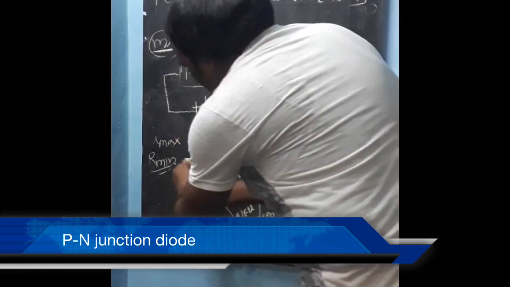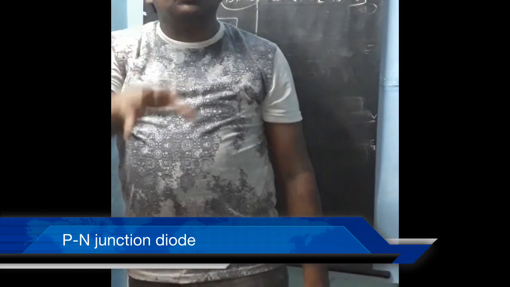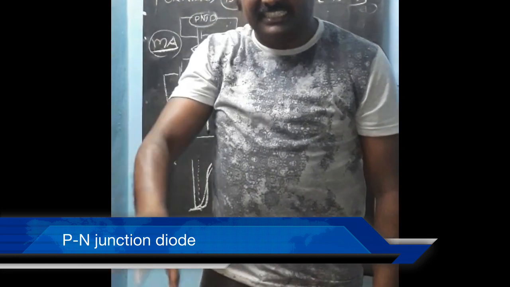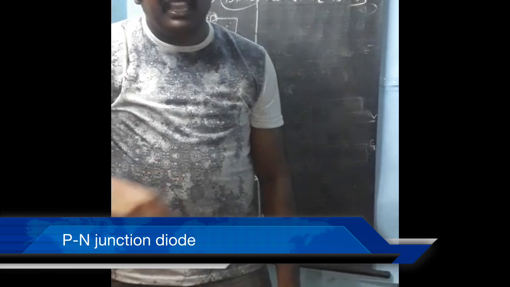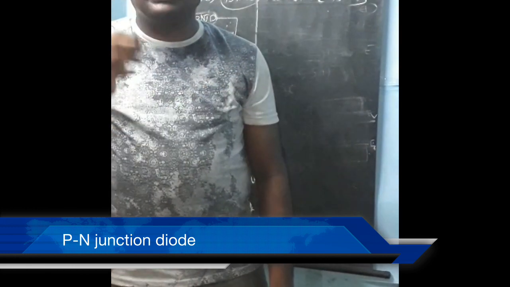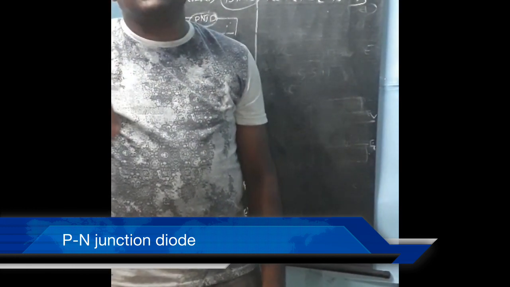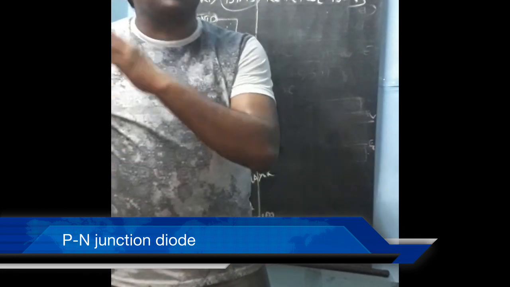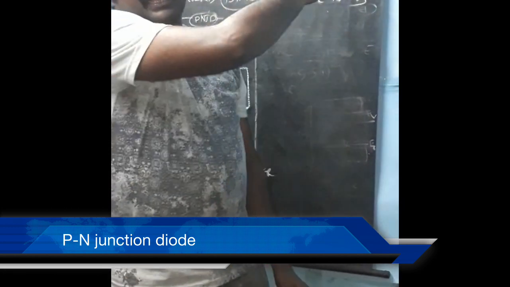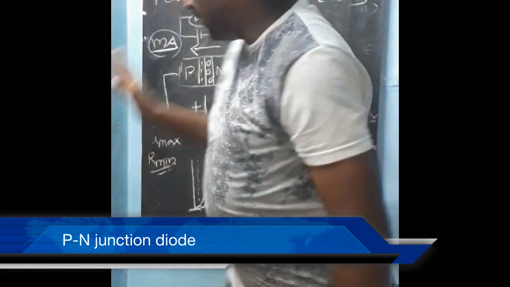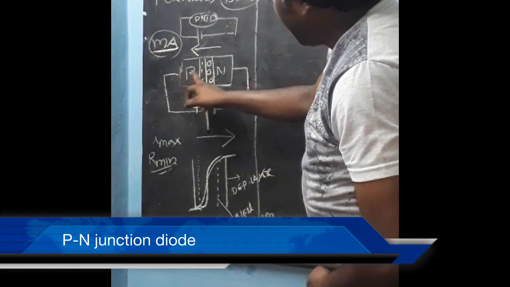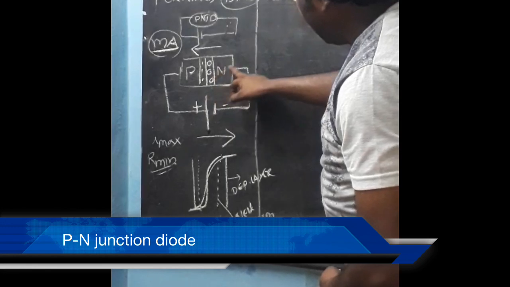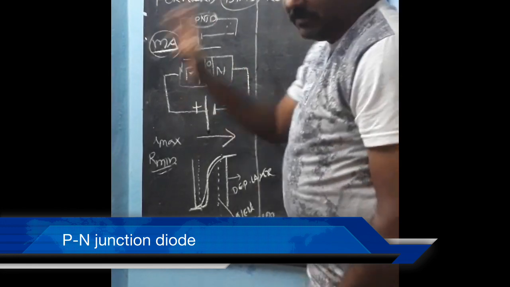This is the new depletion layer produced due to the decrease in electric field. In such a way, we can show the potential barrier diagram in case of forward bias. The same mechanism is going to be applied for reverse bias. In forward bias, P-type is connected to the positive terminal and N-type is connected to the negative terminal.